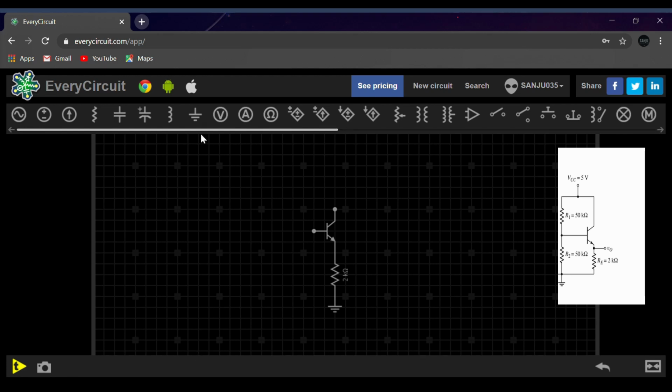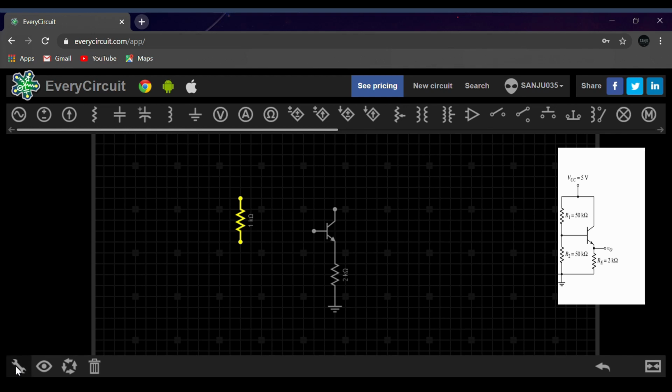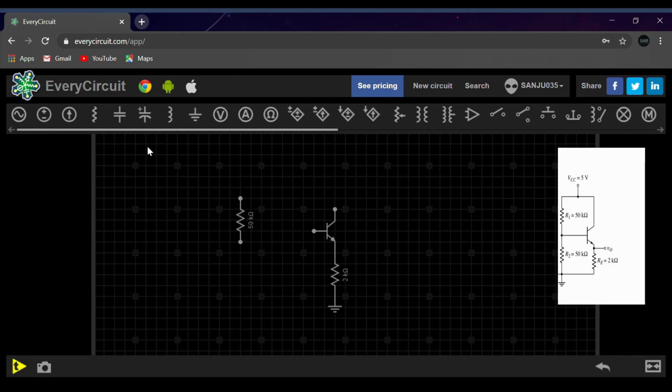So I'll go into my resistor tab, click the resistor option, drag it here, and my resistor 1 value is 50 kilo ohms, right? So we will adjust this value to 50 kilo ohms, and we need another resistor, R2, of 50 kilo ohms.